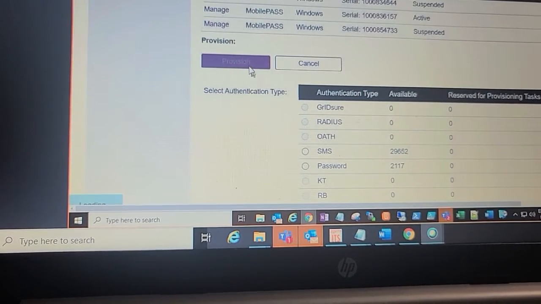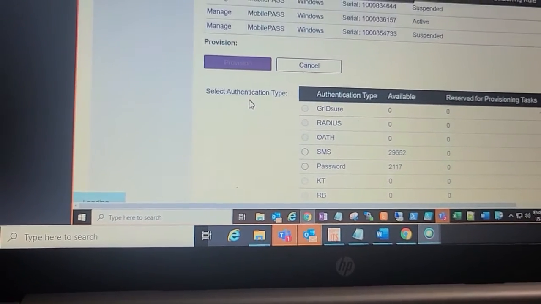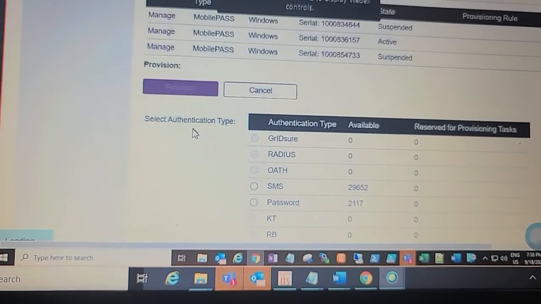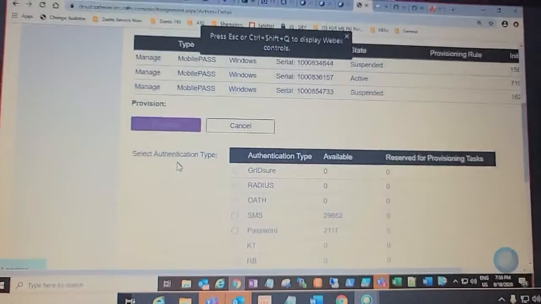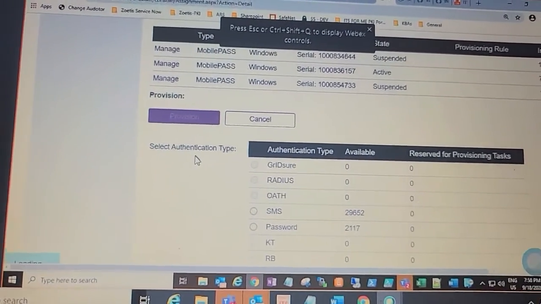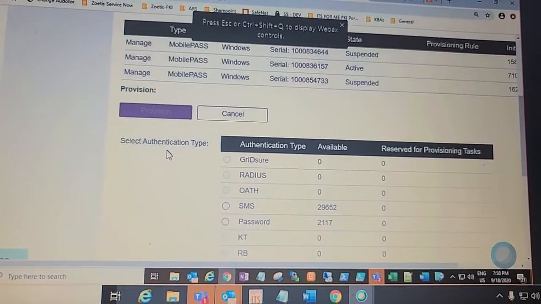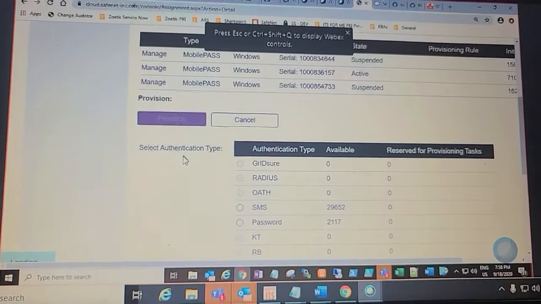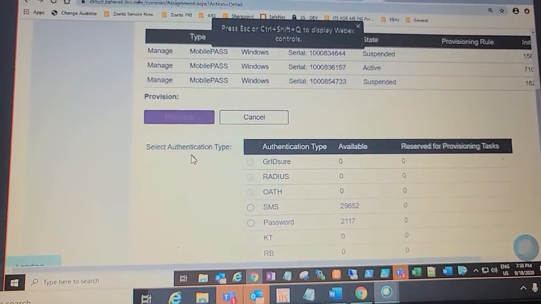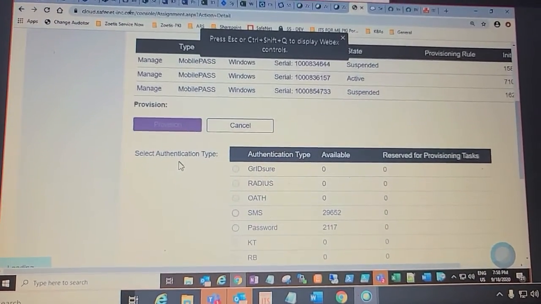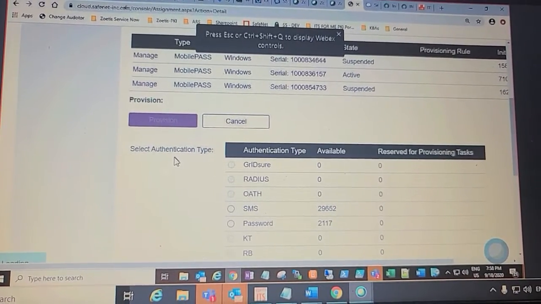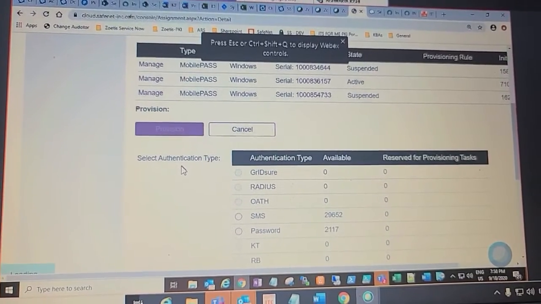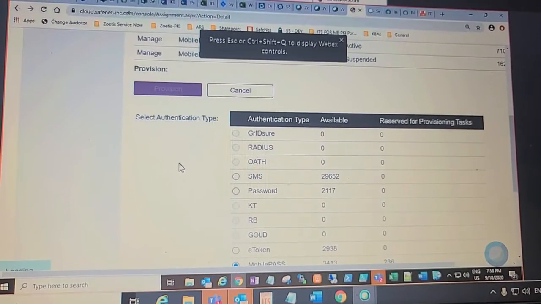Yeah, it's loading. Wait a minute. It's not loaded on my screen yet.